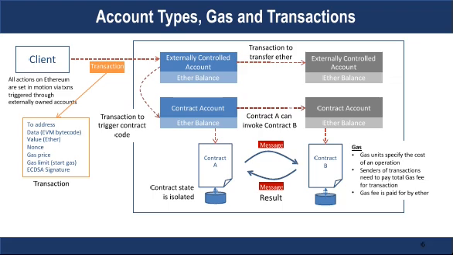Now all of this invocation of transaction or invocation of smart contract functions actually requires a transaction cost, and this is to ensure that people are not randomly spamming the network with invalid or wrong transactions. So to prevent that, Ethereum has a concept of gas. So for each transaction you will have to spend some gas. So this is the fuel for transaction. So unless you pay in terms of this gas price, unless you pay for a particular transaction, you cannot execute the transaction. So each transaction is also going to have a particular gas price.